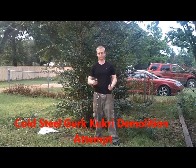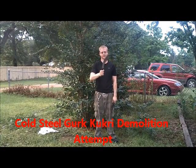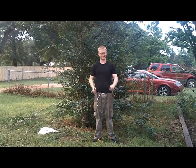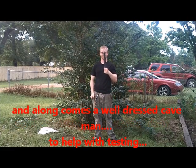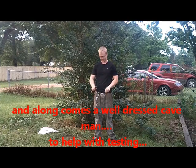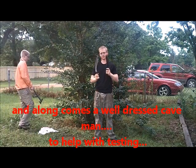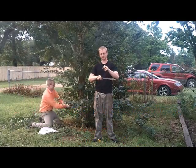Hello, I'm going to do a little quick comparison between the Cold Steel Gurkha Kukri and the Hawks Hellion Survivor 2020. I've used both of these knives in the field, and this one is about twice as good as this one, although my favorite feature,